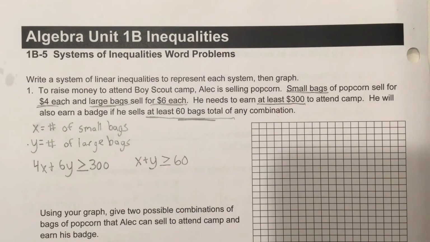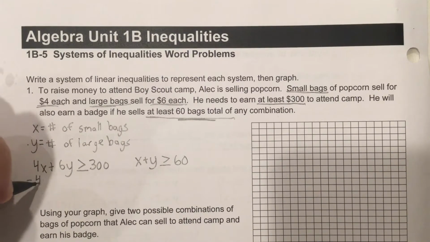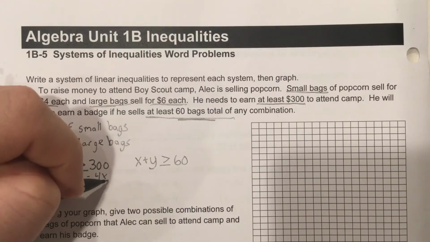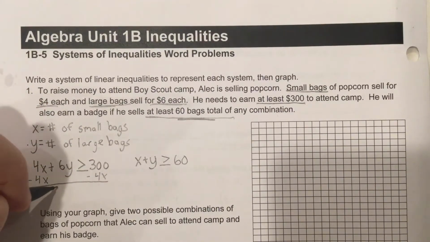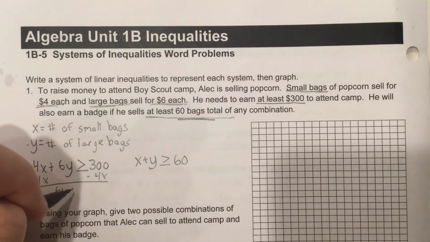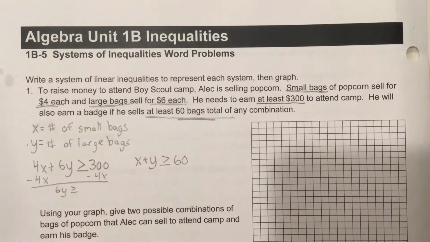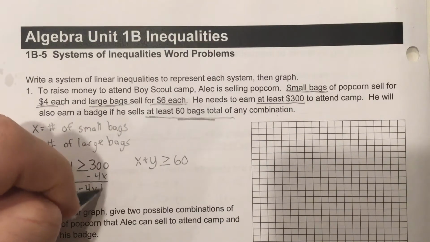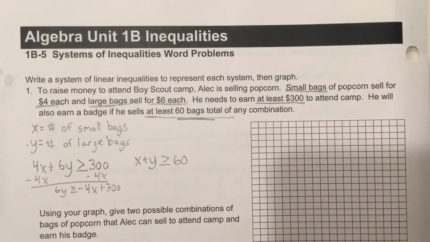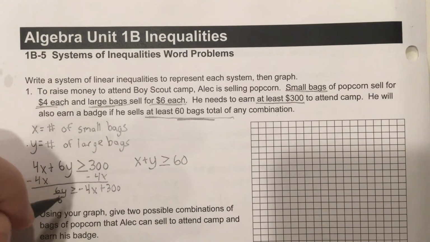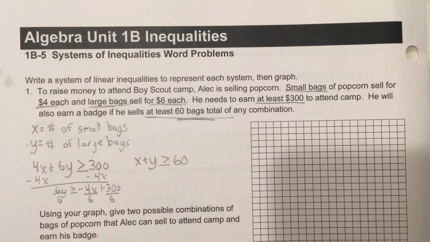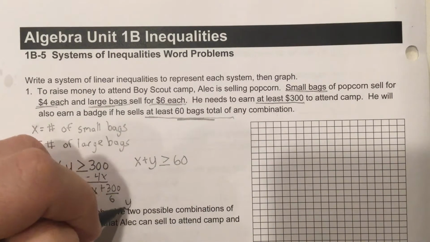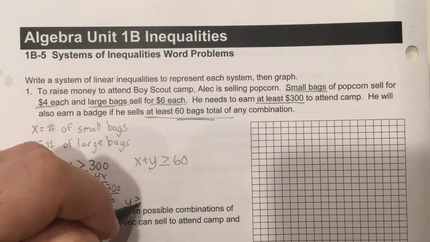So now that we have our two inequalities, we do need to get y by itself for both of these. So remember, you're doing PEMDAS backwards, so you undo the addition and subtraction. So I'm subtracting 4x here. So I have 6y is greater than or equal to, these are not like terms, so I have negative 4x plus 300. And then when I divide by 6, remember I'm dividing everything by 6, I end up with the inequality y is greater than or equal to